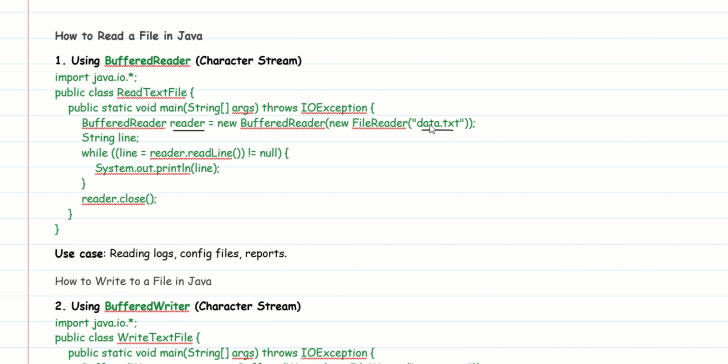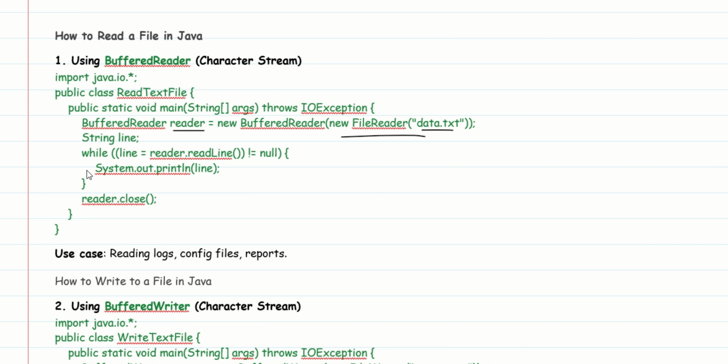It can be a text, CSV, or a JSON file. Then you can either create an object and pass it to BufferedReader, or directly add FileReader with the path to BufferedReader, and using the BufferedReader object, use the readLine method to read the lines